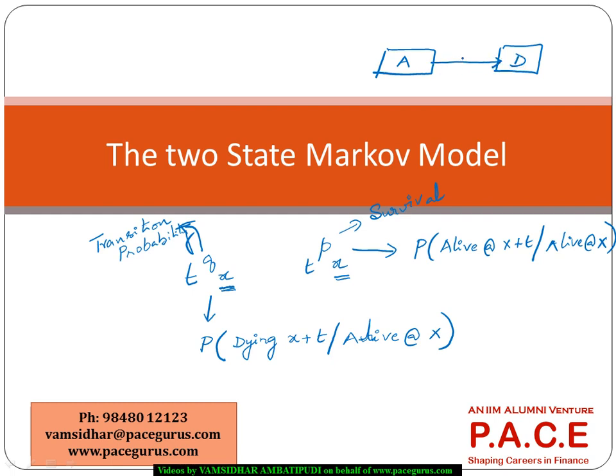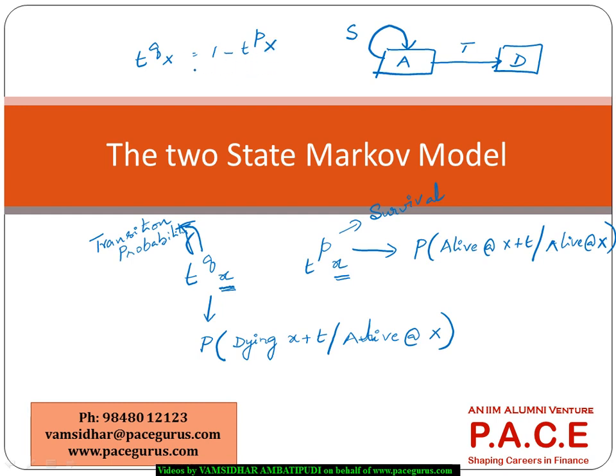So this is more to do with the transition, whereas this is more to do with survival. Within this particular point in time, for a person who is currently aged x, what is the chance that he can survive for another t years, and what is the chance that he is dead within the t years? That's the reason we generally start writing tqx as 1 minus tpx, because the summation of these two should